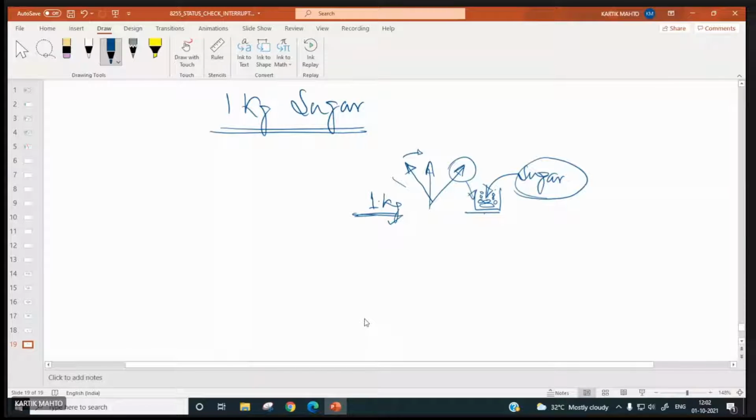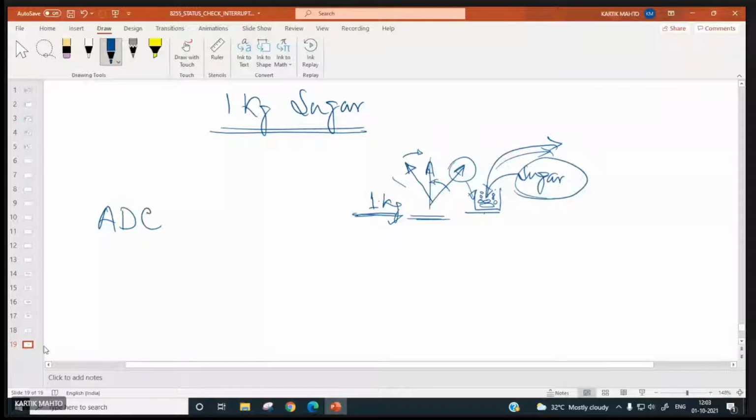Okay, so what I am saying is that the shopkeeper estimates which side the indicator is on. If he finds the indicator is on the higher side, it means the weight is more on this side. So he will start removing sugar from this container, so that he will reach faster to the balance. The same technique is utilized for our ADC